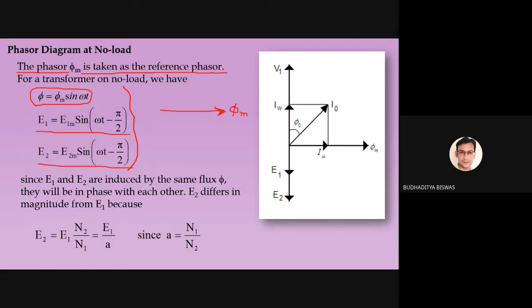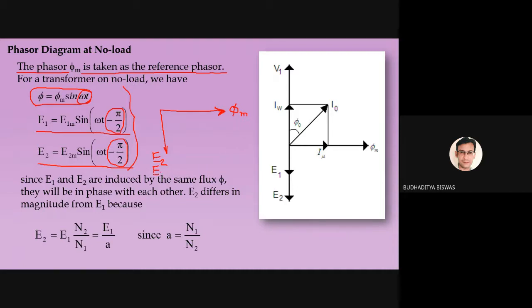How? You see, what is the phase angle of phi? The phase angle can be determined by the quantity after sin. Here phi equal to phi m sin omega t, so the phase angle here is zero, and this is called the reference. And here you see omega t minus pi by 2 is there. As this term is there, it means it is lagging from this flux by a 90-degree angle. Why lagging? Because of the minus sign; if it were plus, it would be leading. Now this one also lags from phi by pi by 2 angle, and lagging means clockwise direction, leading means anti-clockwise direction. So that's why E1 and E2 both are in that direction.